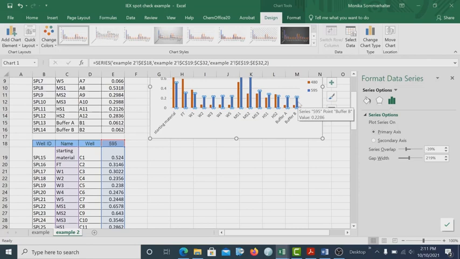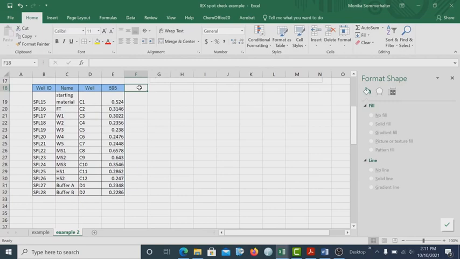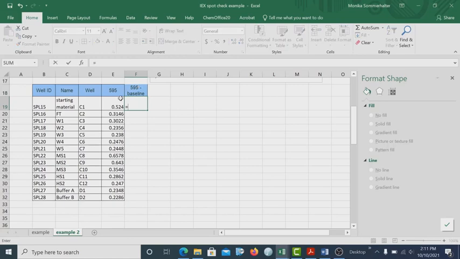We could, for example, subtract the absorption of these values to get a cleaner graph. So right here, I can generate 595 minus baseline as a shorthand notation. And for each value, I'm going to subtract one of the values of the buffer. So this one, for example, I'm going to press function F4 to lock this value in place. And then I'm going to